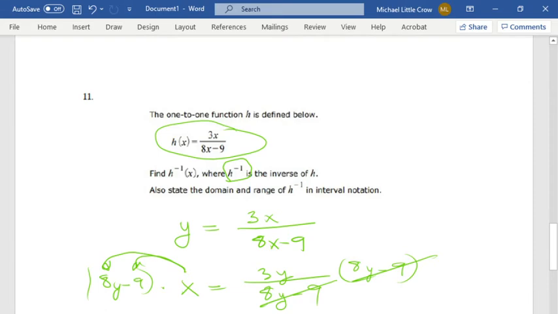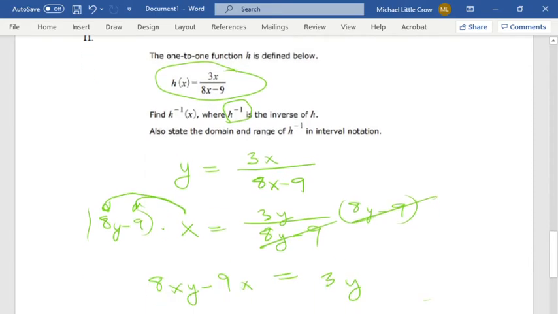Now we need to solve for y, so we have to get everything with a y on the same side. So let's subtract 8xy, because it has a y. We need to get all the y's on the same side. And you go, well, we've got two y's, how are we going to get y equals? It's a piece of magic